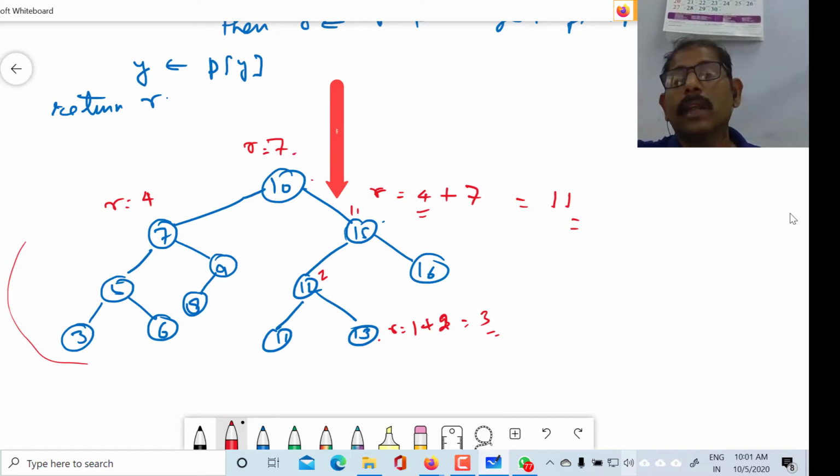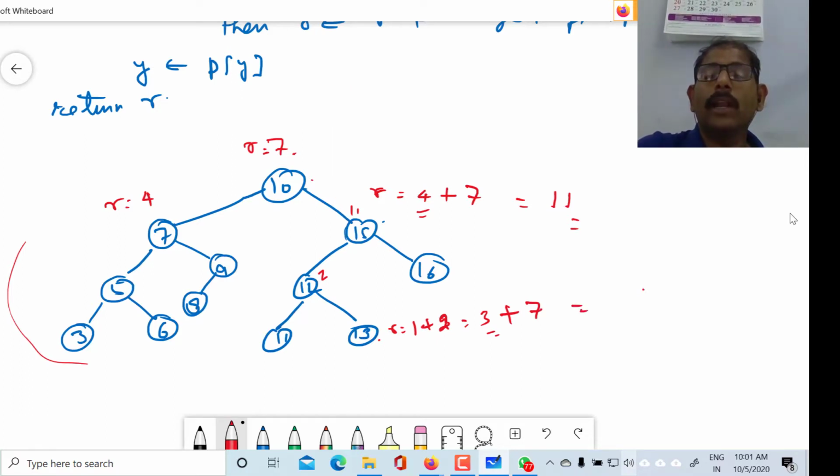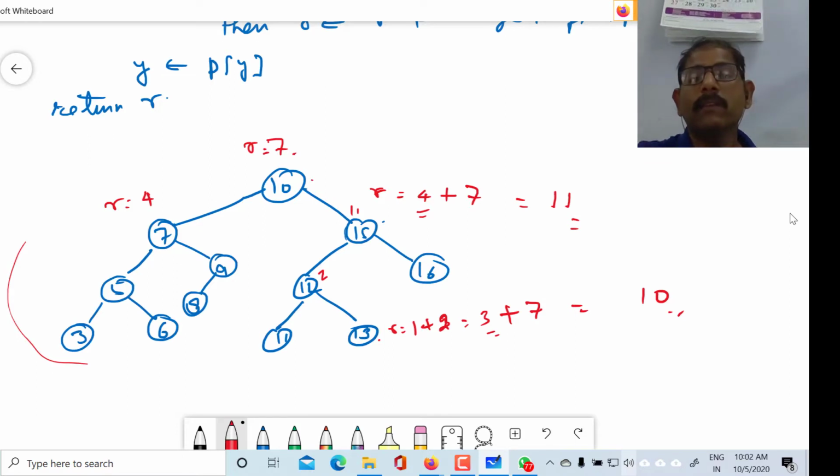So we have to add the rank 7 again here, and the rank of 13 becomes 10. In this way we calculate the rank in this subtree. Clear? I think this is clear now.